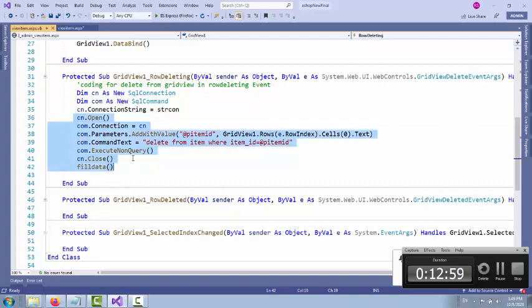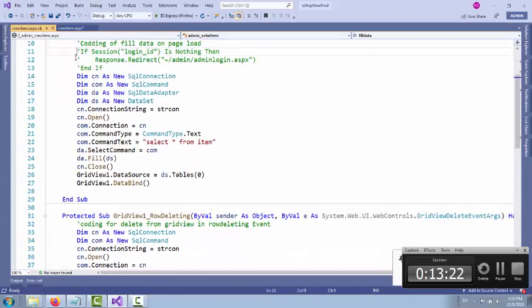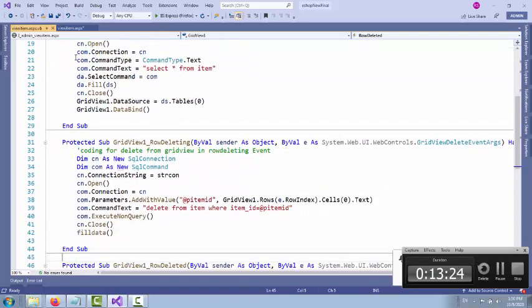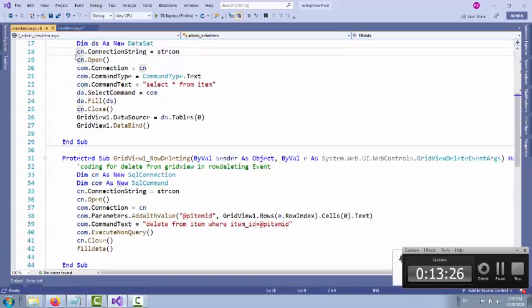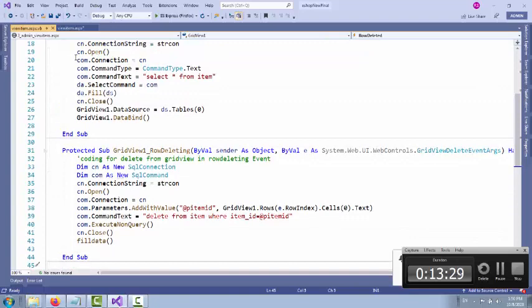After this command execution the data is deleted, but we need to rebind our grid. So to refresh our data, we call the fill data method that we created here.